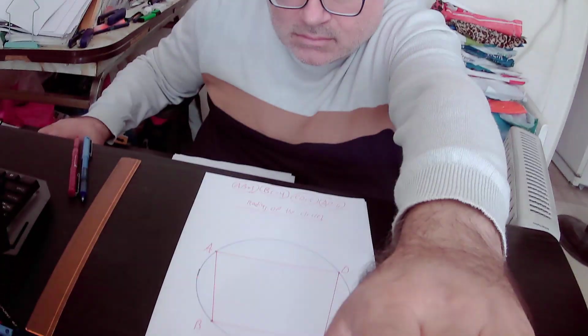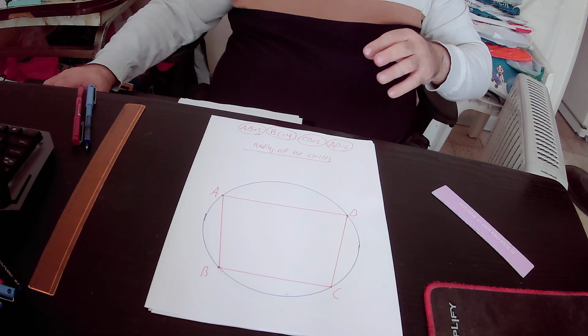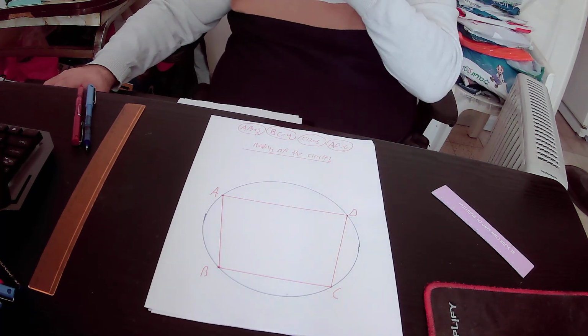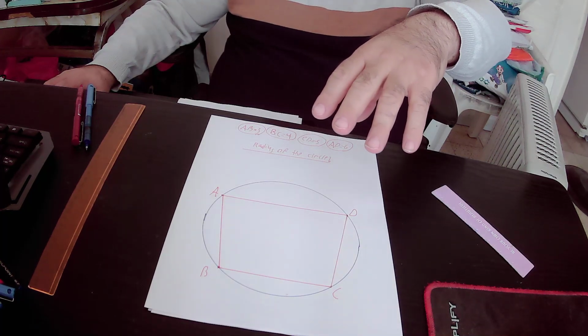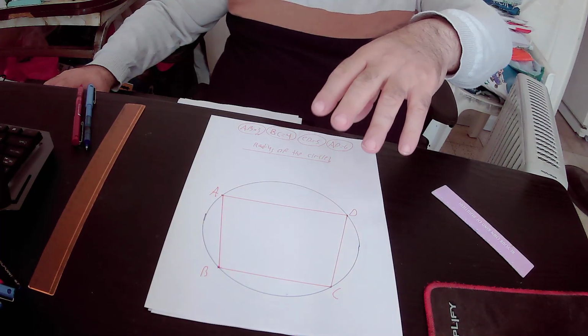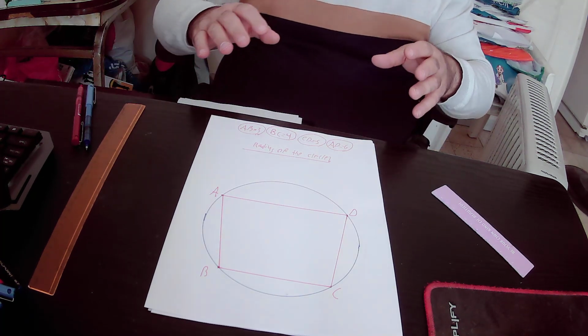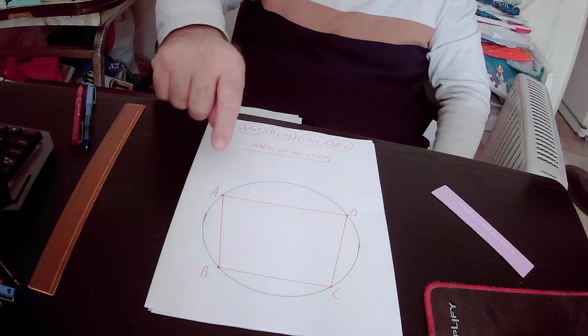And now in this lecture we will find the radius of the circle. In the drawing we have a circle, and inside the circle we have quadrilateral ABCD. Actually, quadrilateral ABCD is inscribed inside this blue circle,